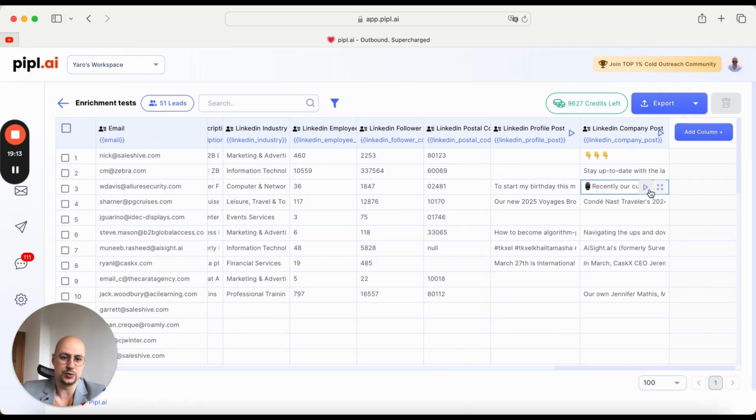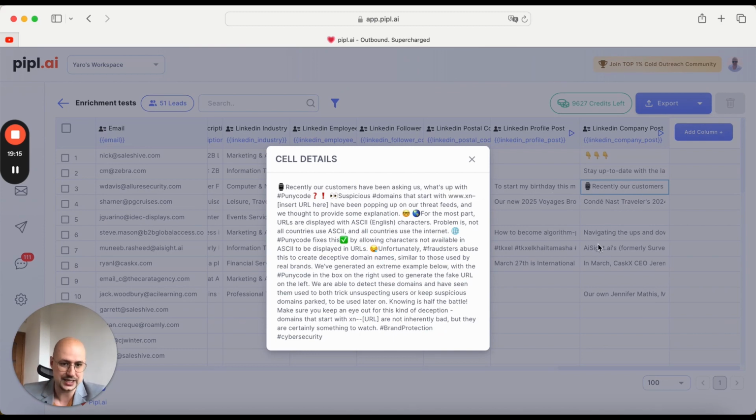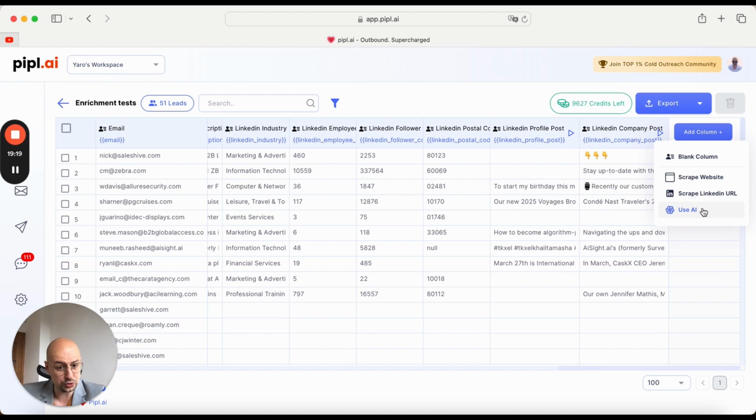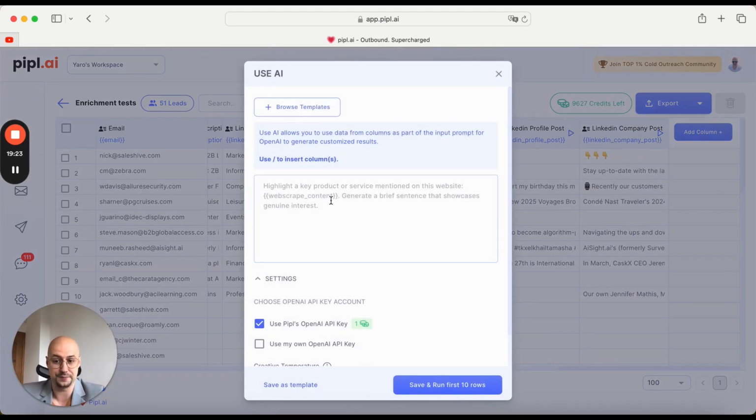And again, you will be able to use all this data to personalize your outreach using the AI integration that we have inside of Pipl. You will just put in a prompt like